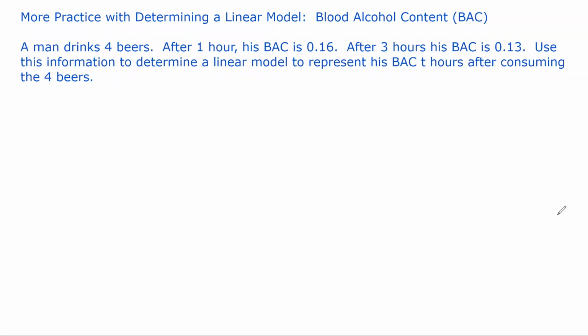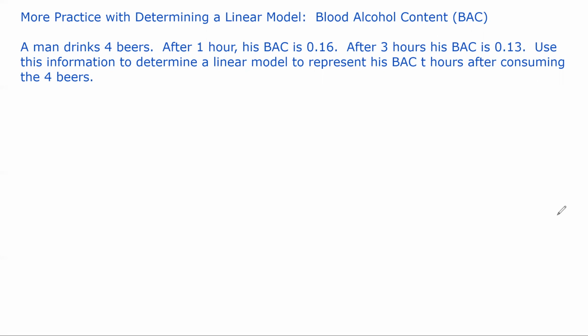Here's an opportunity to practice determining a linear model with the context of blood alcohol content. We're given the information that a man drinks 4 beers, and after 1 hour, his blood alcohol content is 0.16, and then after 3 hours, his blood alcohol content is 0.13. We're going to use this information to determine a linear model to represent his blood alcohol content T hours after